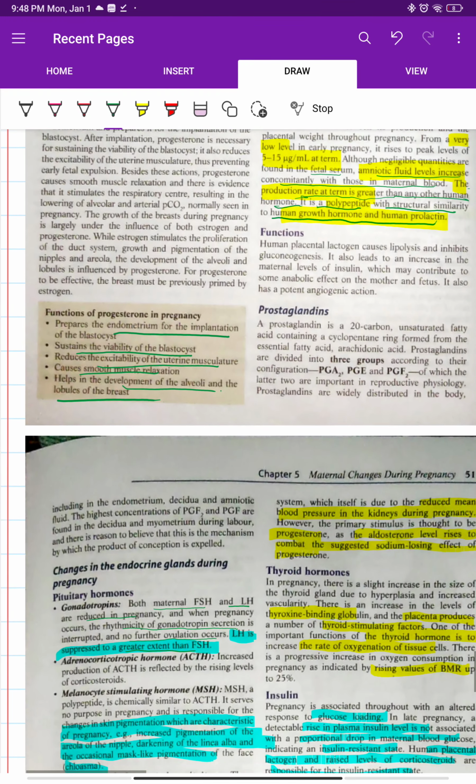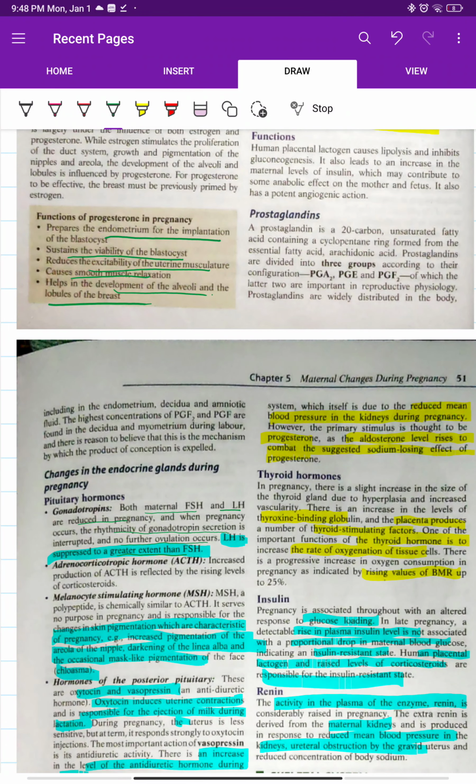So that is what it does. And the remaining, we have prostaglandin. It is a 20 carbon unsaturated fatty acid, and it is of three types: A2, E and F2, of which the latter two are very important. I think E and F2 are very important. Prostaglandin,